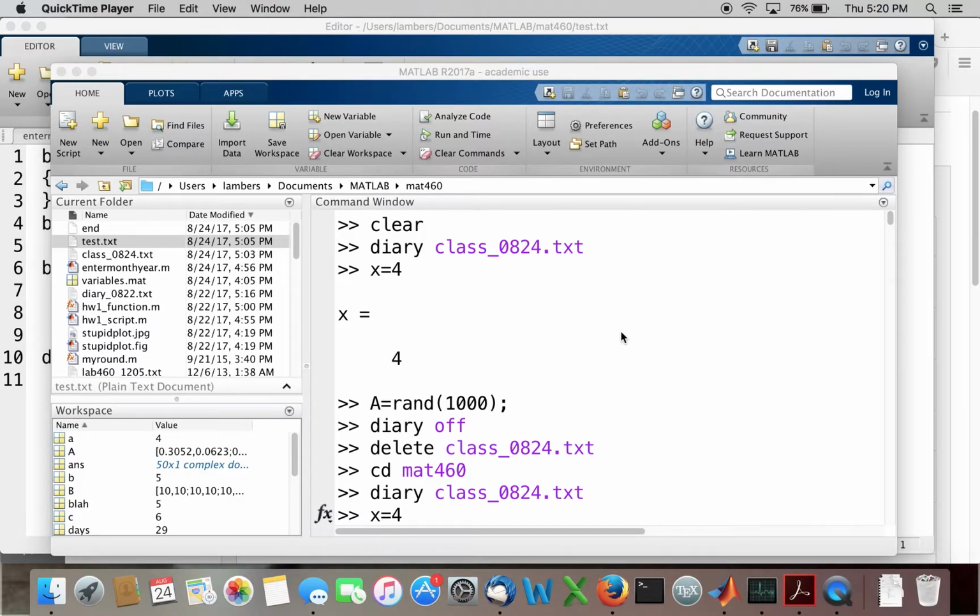So here we are at the start of a MATLAB session. I'm just going to go through this. The question was asked about removing or getting rid of a diary, and really the only way to get rid of a diary, fortunately, is to explicitly remove it yourself. You can remove a diary file in Finder on a Mac or Windows Explorer in Windows, or you can delete it from within MATLAB. So as an example,